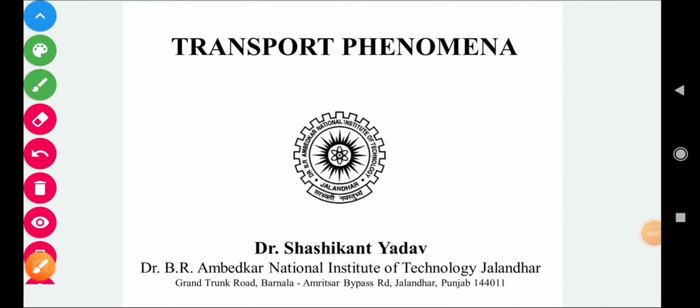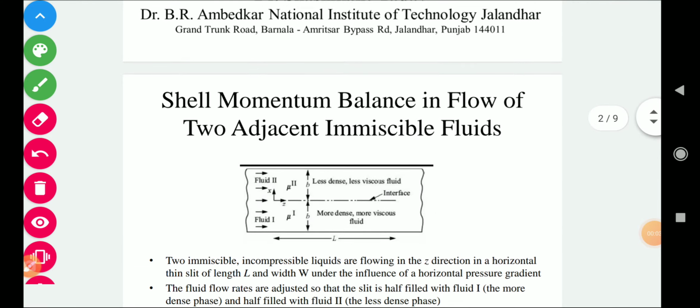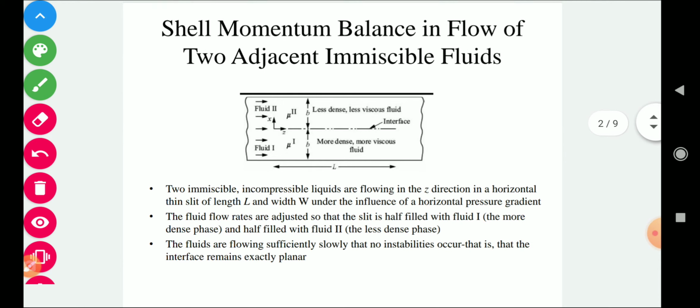Good morning. In today's class, we will make a shell momentum balance in flow of two adjacent immiscible fluids. So let us consider we have two immiscible incompressible liquids flowing in the z direction in a horizontal thin slit of length L and width W under the influence of a horizontal pressure gradient. And the fluid flow rates are adjusted so that the slit is half filled with fluid 1 and half filled